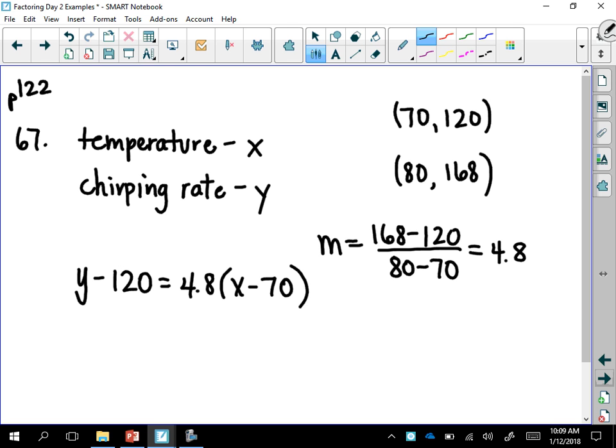But it tells us, I think it cuts it off, but it wanted temperature to be T. So which variable are you going to replace with T? X. And then it tells us that the chirping rate, the number of chirps per minute is N, so that'll be in place of Y. So when we solve this for N, we'll distribute in the 4.8 and then add the 120 over, and what do you get? 4.8 T